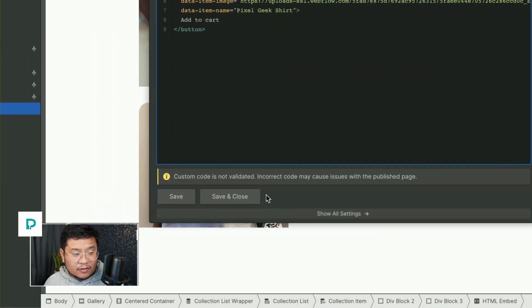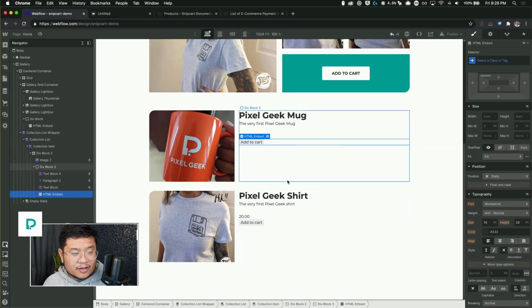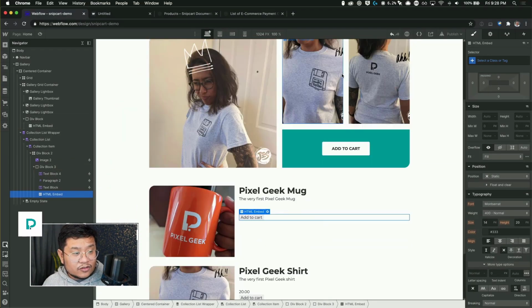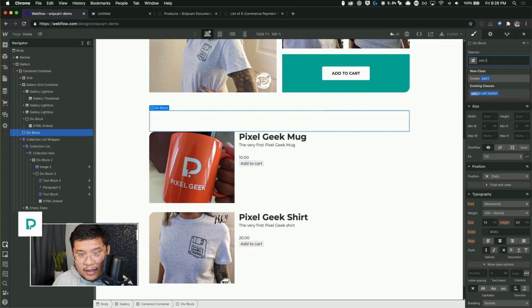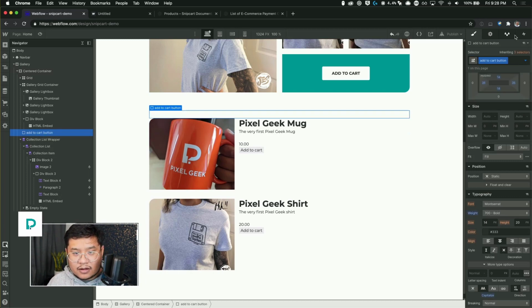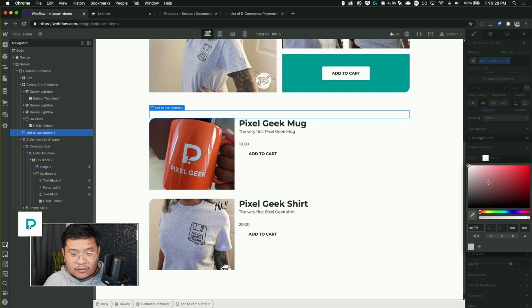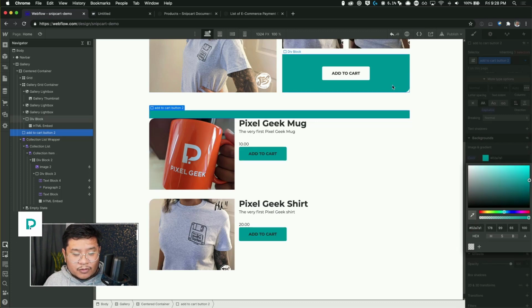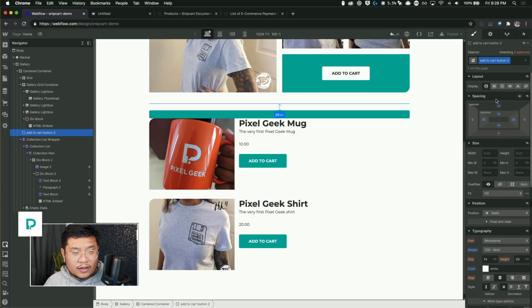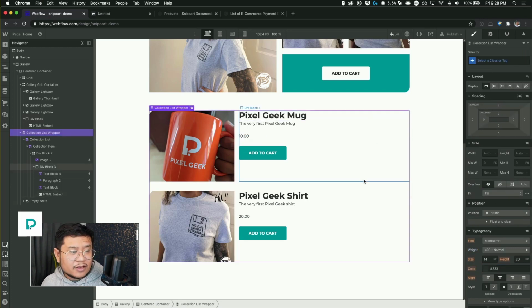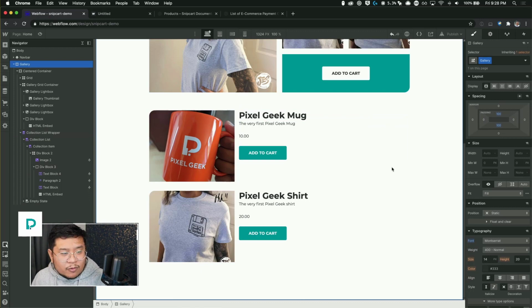All right, so I'm going to save and close. And now that it doesn't have a style, it's okay. I can just drag in a div block anywhere I want. Add to cart button. And then duplicate this and call this add to cart button 2. And start styling this. Let's give it a color of blue with a white. There you go. And let's move this away. All right, something like that. Okay, not too flashy, but it works.